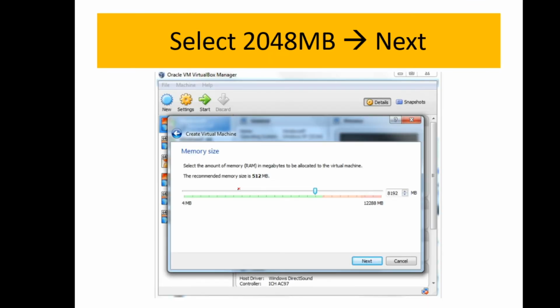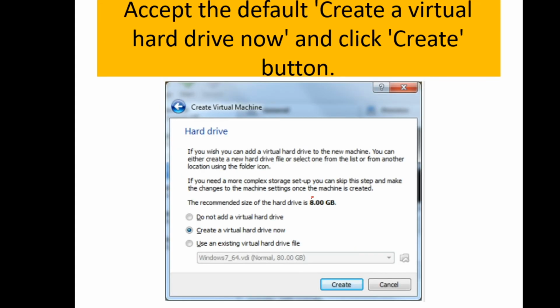Here we need to configure the amount of RAM in terms of megabytes. The advisable size is 248 MB. This is going to be the recommended one. It was said that 512 MB is more than enough, but in order to create bigger floppy images, we are just using this 248 MB. It is a slider. You can slide this to select the required MB. Then you just give next.